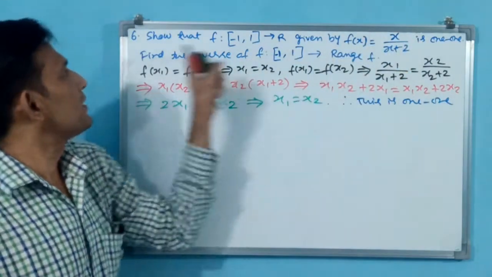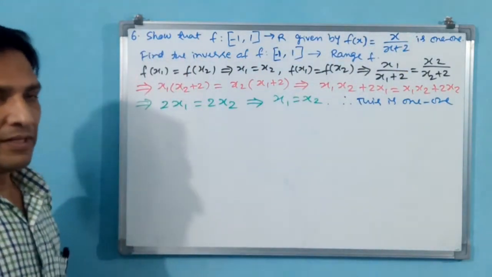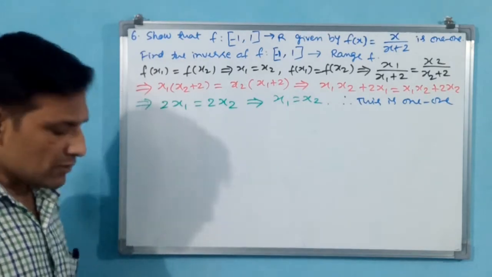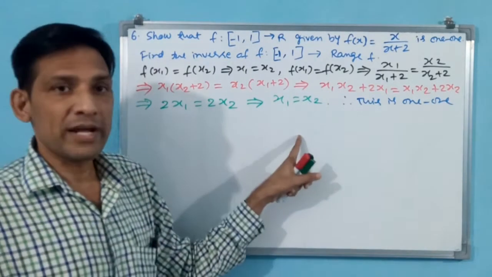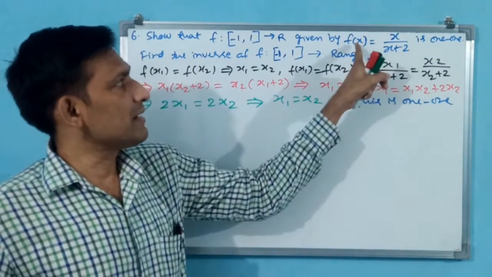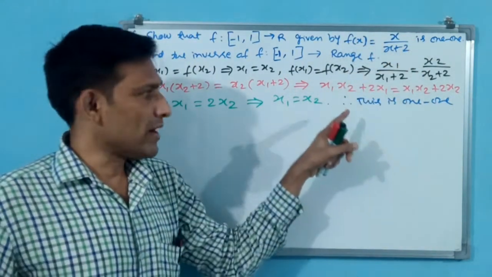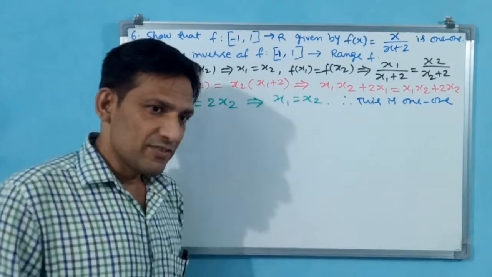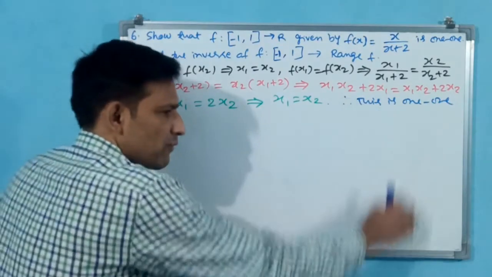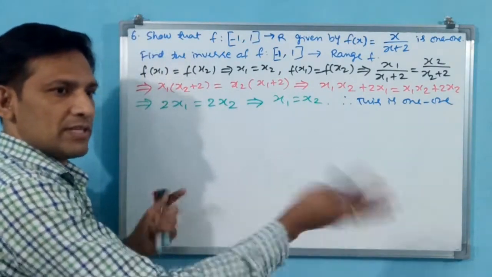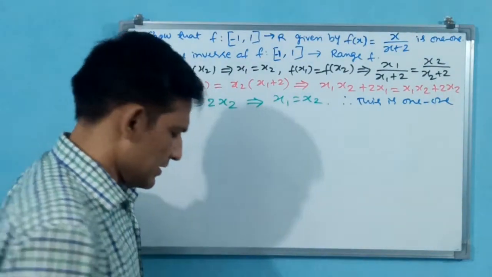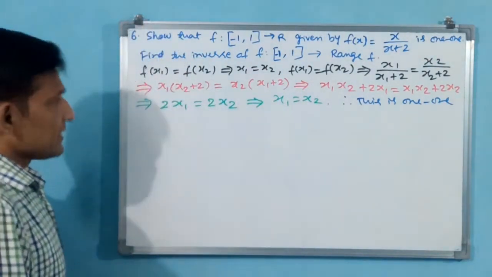Now this part of the problem is over. Now come to the original problem. Inverse you have to find. If you have to find the inverse, you have to find the function g. Now this is f of x, which is y. You have to find x. x is g, g of y, that you have to find. Then g o f, f o g: you have to see x and y come, which means automatically g will be the inverse. Same thing. Let us see how I am writing.